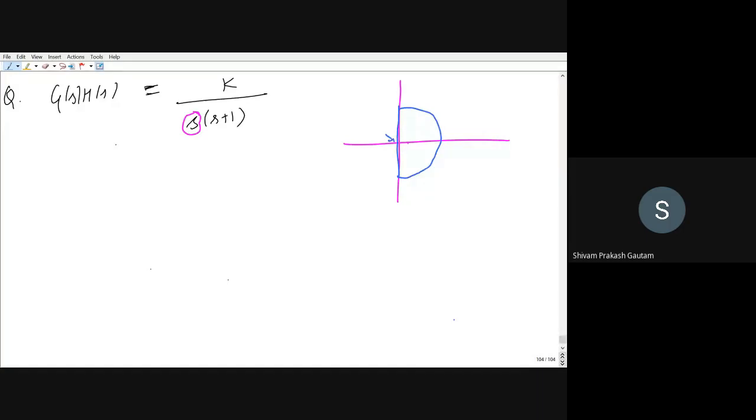The earlier problems that we have seen did not have a pole at the origin, so it did not matter. But here you can see we are having a pole at the origin. So if I draw the Nyquist contour like this, it will include my open loop pole as well. Instead, I have to exclude this open loop pole at the origin. So how will my Nyquist contour look? I can take a small portion like this and draw the rest of the Nyquist contour like this, just to exclude the pole at the origin, because by definition, Nyquist contour is a closed path which covers all open loop poles in the right hand side of the S plane.